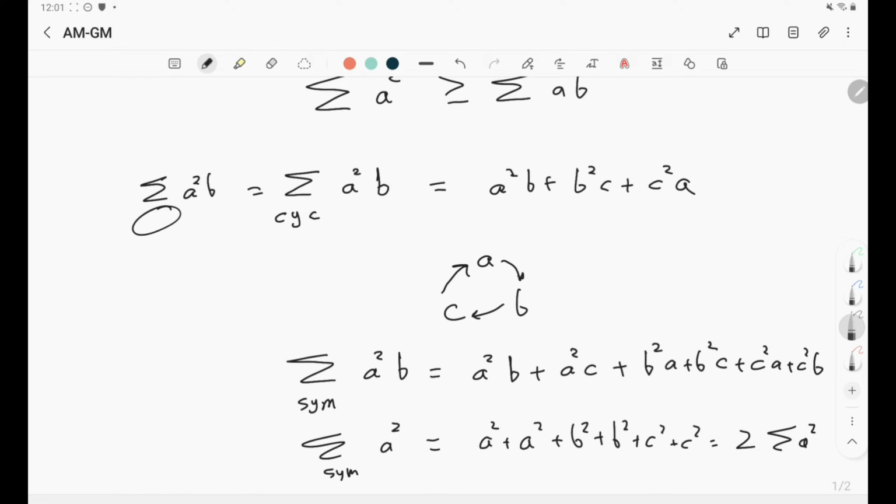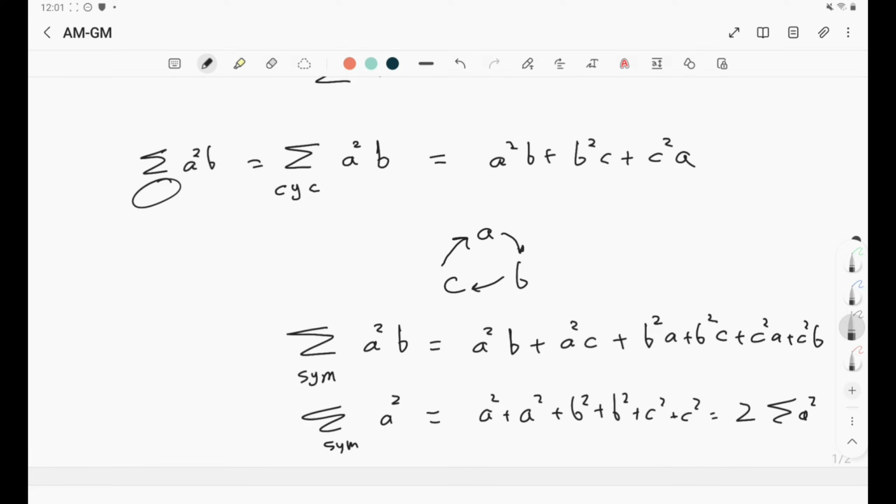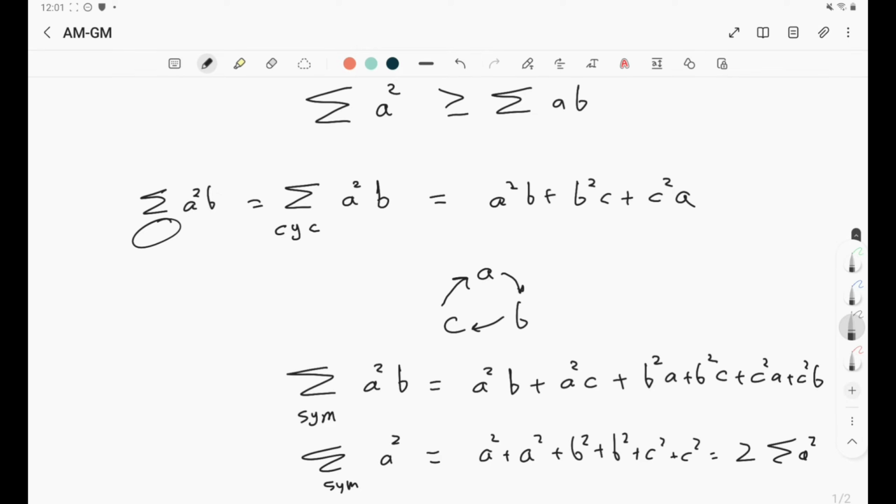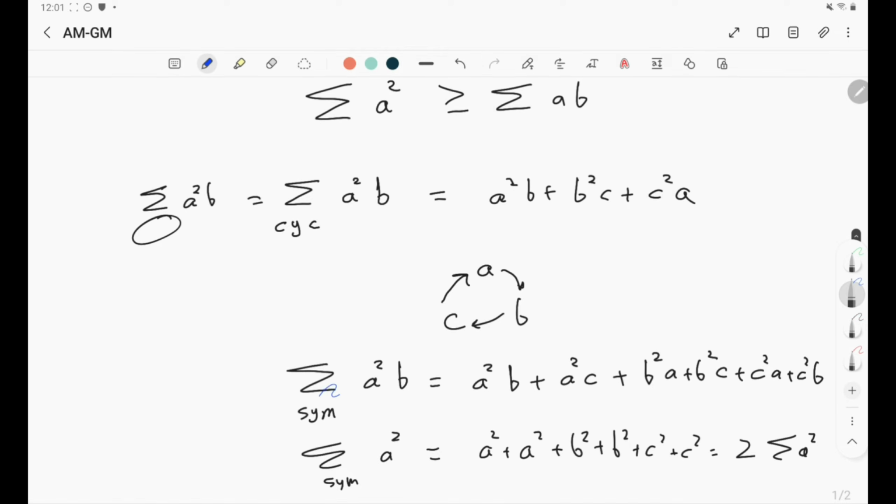When you have a sigma symmetric, then you need to cover all n factorial combinations. Like you always have to have n factorial numbers or terms. Of course, on the other hand, when you have cyclic, then you're just going in one circle, so it's just n numbers instead. Okay, so keep that in mind. Another thing is that, of course, when I say sigma symmetric, it's different from describing this. For example,